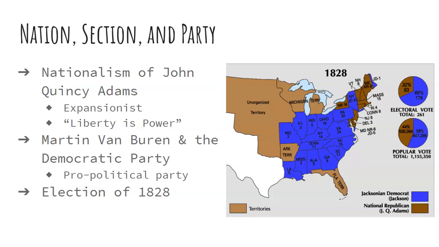By 1828, Van Buren had established the political apparatus of the Democratic Party, complete with local and state party units overseen by a national committee and a network of local newspapers that were devoted to the party. Adams, though, refused to dismiss federal office holders who campaigned for Jackson and really did very little to promote his own re-election. Jackson's supporters made very few campaign promises and really relied on their candidate's popularity and the workings of the party machinery to get out the vote.